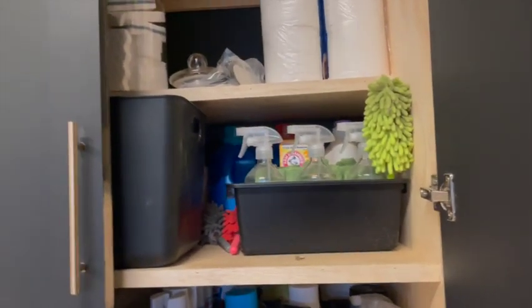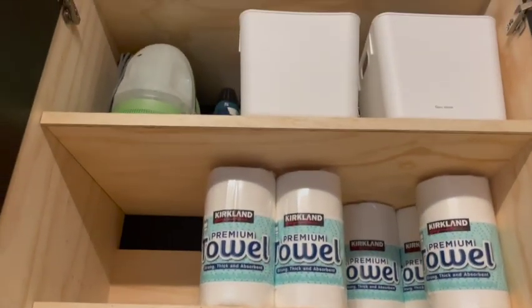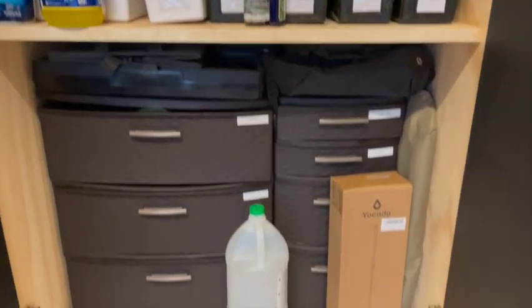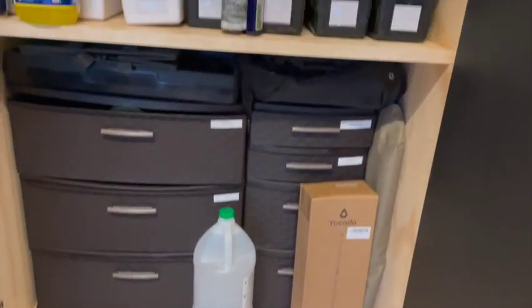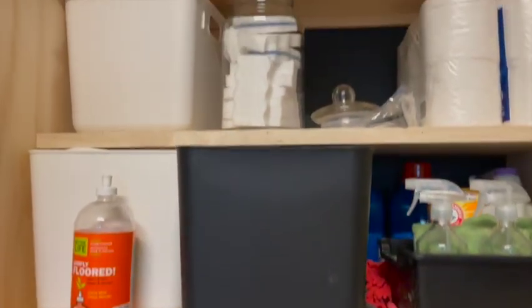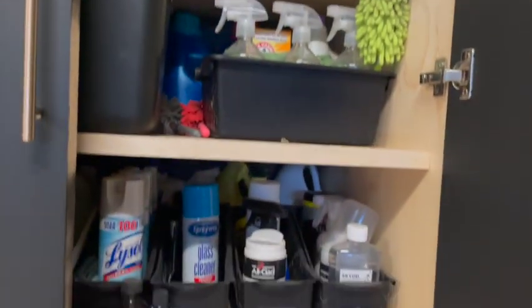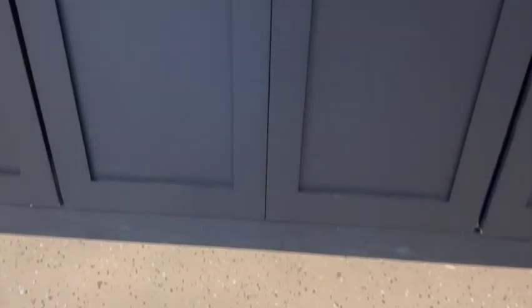Here's a look at how it looks inside when we first started. It looks a little bit different right now because it's still a work in progress on how we're organizing this and making it very easy for us to access all our stuff. So this first cabinet is all our cleaning supplies, everything that we need to keep our home clean. The second one is our home decor, everything that we'll rotate